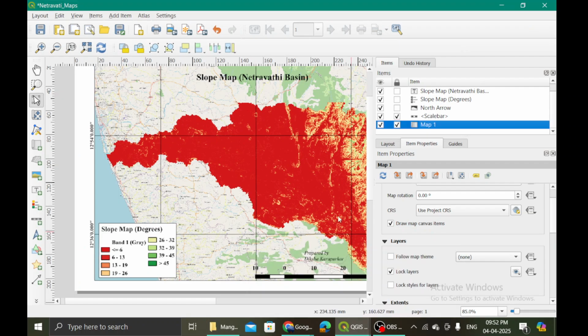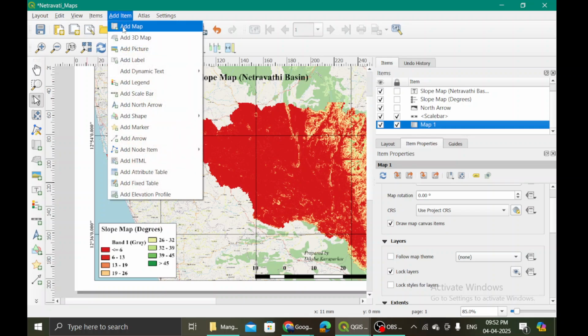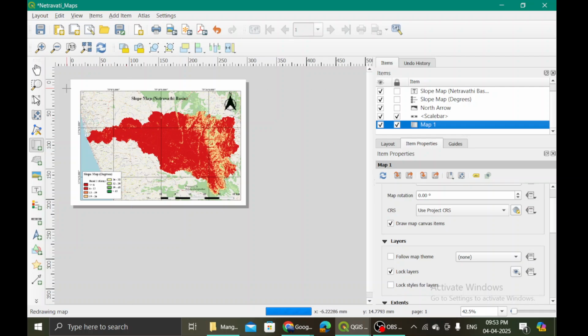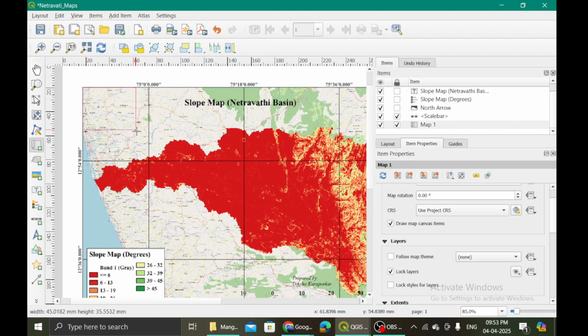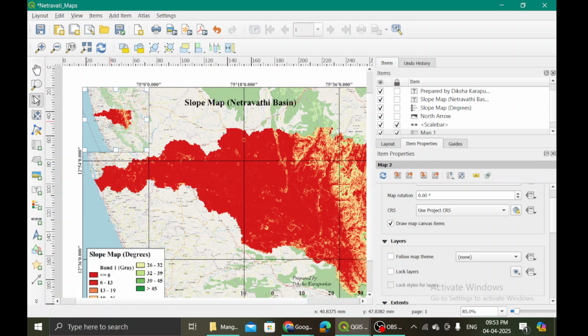Okay. So let me go here and then add another item which is map, and let me keep it at this particular corner. Okay. Until here maybe such that it is just away. Now what do you see? You see the same map again, right? But then it is not able to help my reader to understand where exactly it is. So what I will do, I will again use this and then zoom in, zoom out such that the region that I am looking at can be seen.